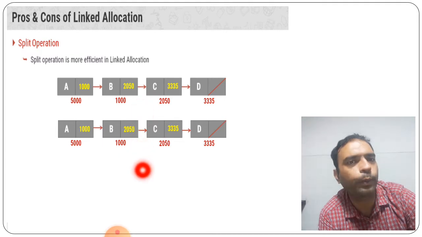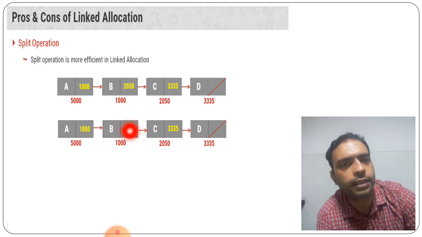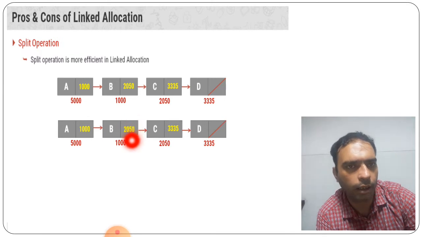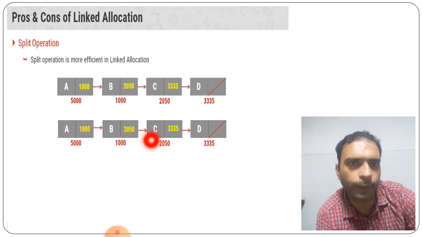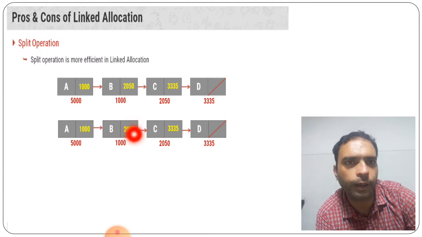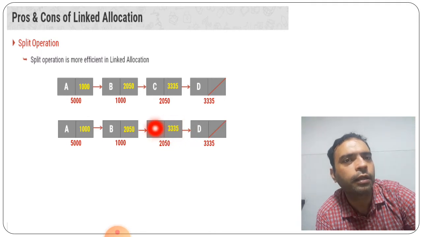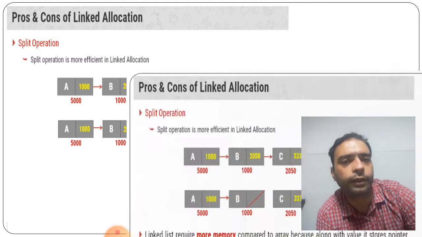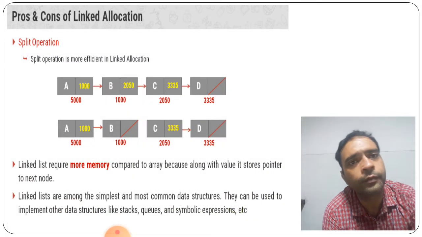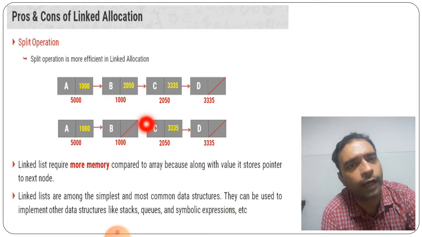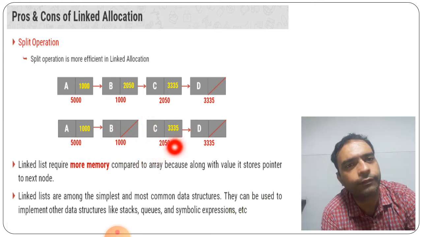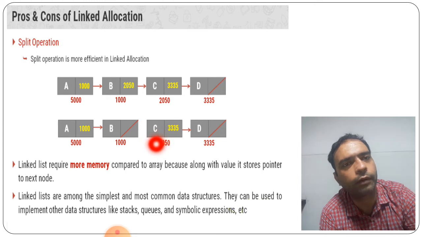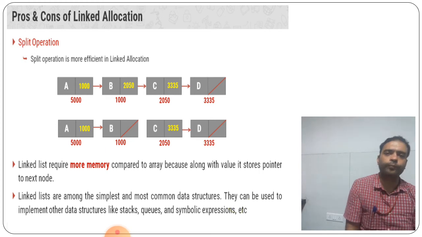Then to break this, we have to just replace this B part's address with null, right? So then this B part's address will be replaced by null. Then this particular list will break here, and the new linked list will start from C and continue till D. So here we can see this B part is replaced by null, and finally it is broken here, and we continue with the new linked list with the information C, and the next node is D. So this is how to split.